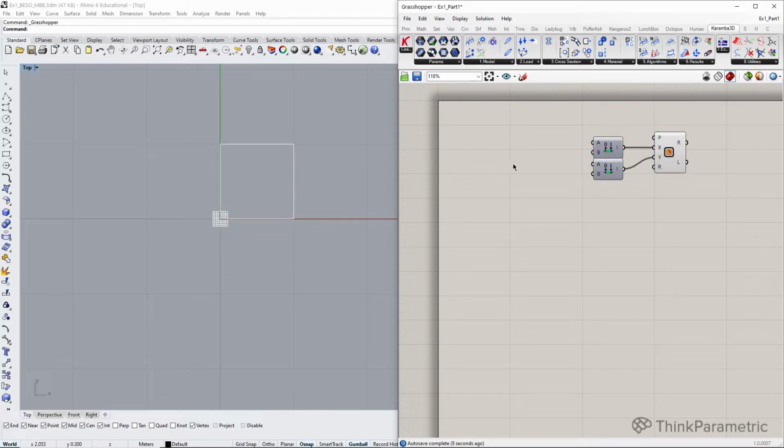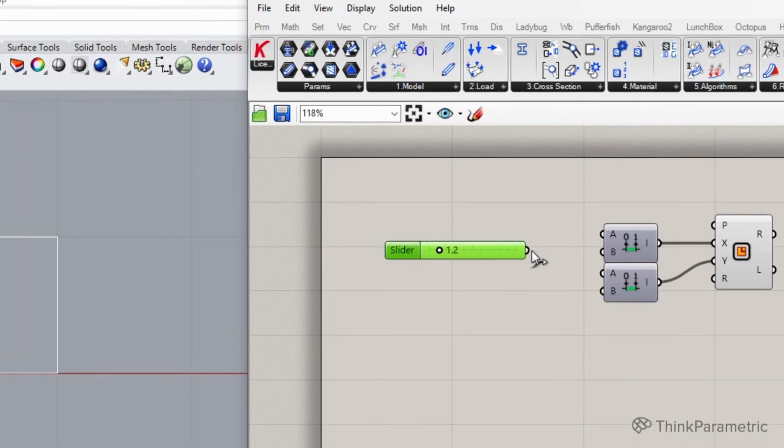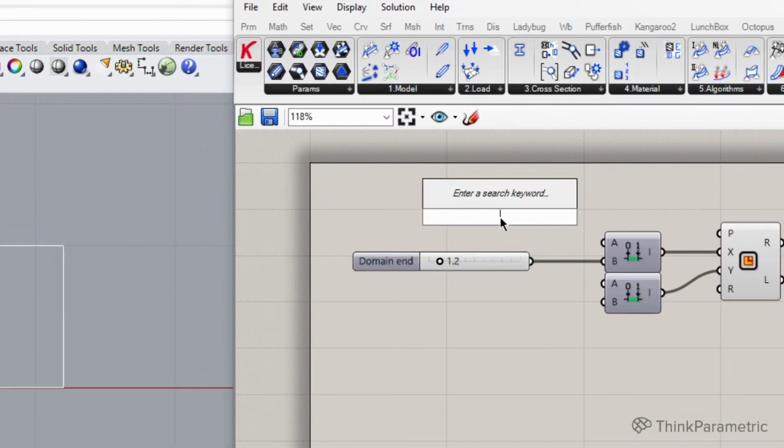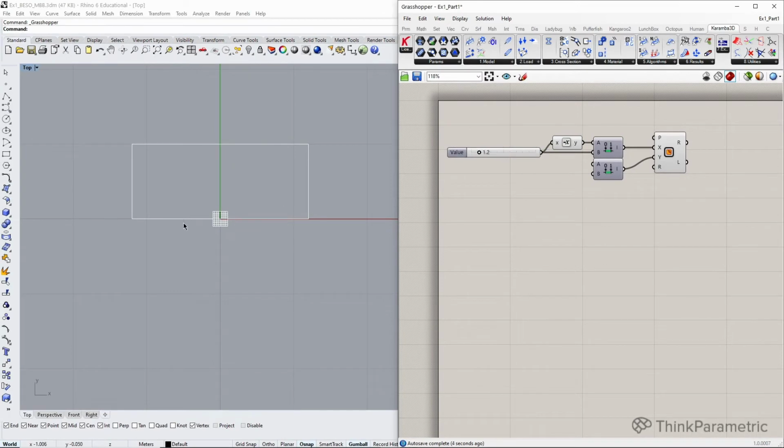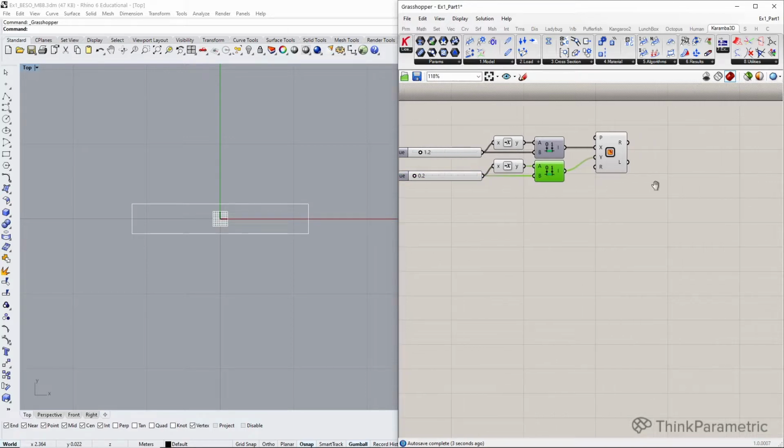our specific domain. Our beam is supposed to be 2.4 meter long and 40 centimeters high. That's why we need to plug in half of these values in one direction and, using negative, the same value in the opposite direction. In this case we have a 2.4 meter long beam, and now we can copy these two components and plug them to y, but this time we need just 20 centimeters, so in total we end up with 40 centimeters. Okay, and this is perfect.